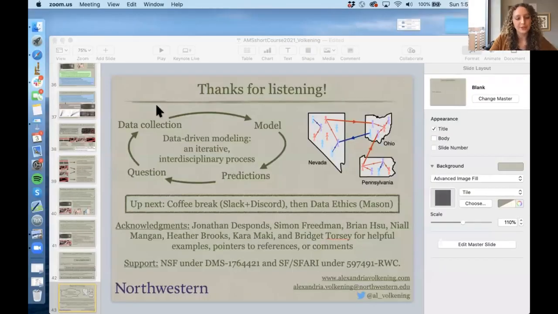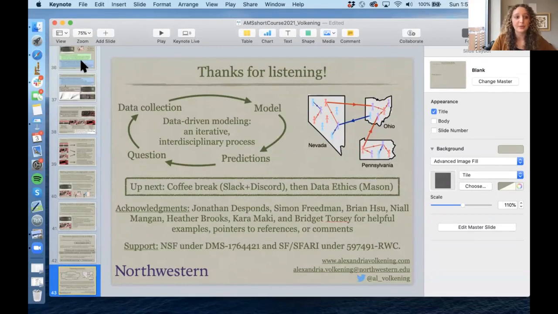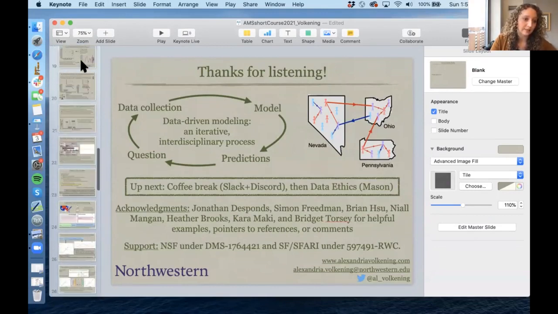So the first question I have for you comes from Emma, and she asks, if you have a mechanistic model and a phenomenological model that perform approximately as well, is it reasonable to choose the mechanistic one? Oh, that's a great question. I think it depends. It's all about building your model to the level of data that you know.